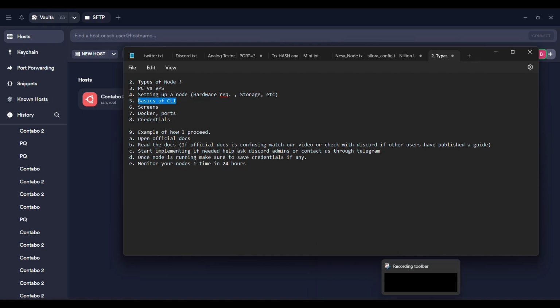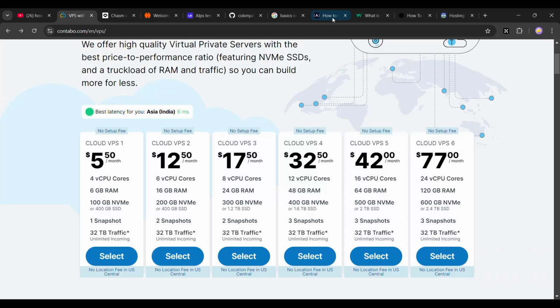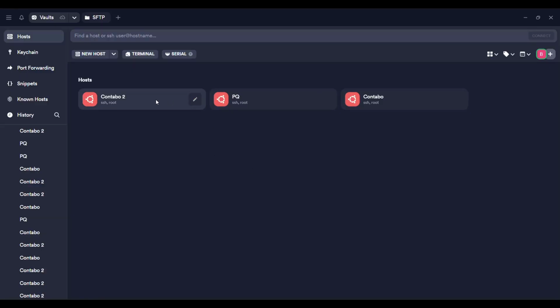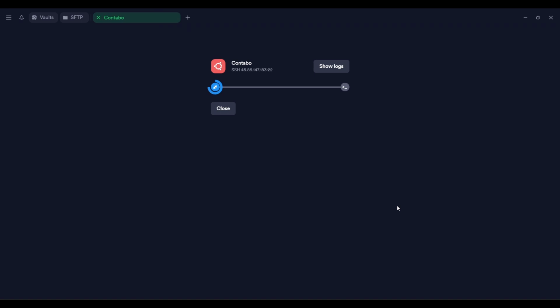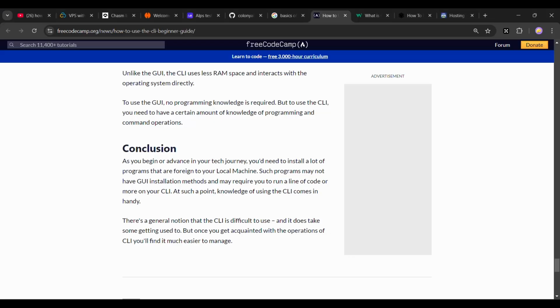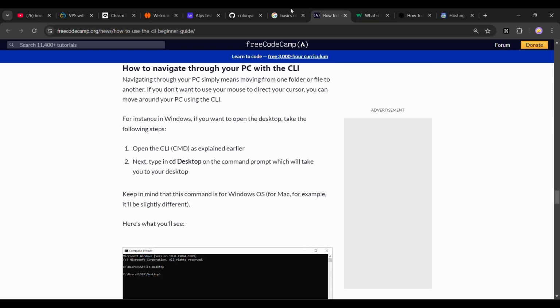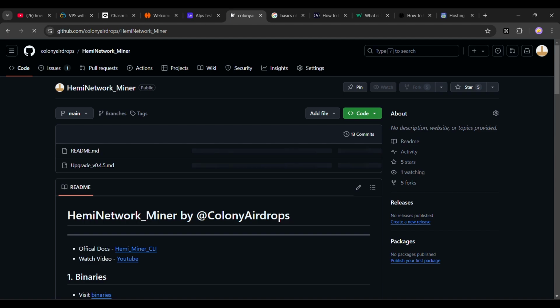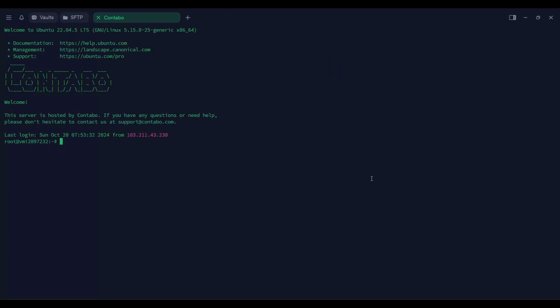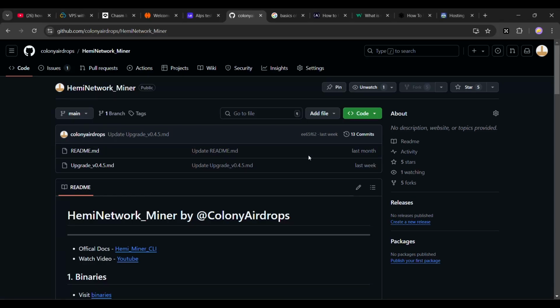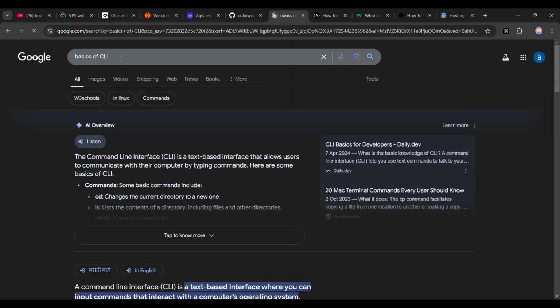So for basics of CLI, you should know some basics on how to navigate through your VPS and how to run an Ubuntu server. I will open one of my VPS. What you need to do is go to any website, just search basics of CLI on Google.